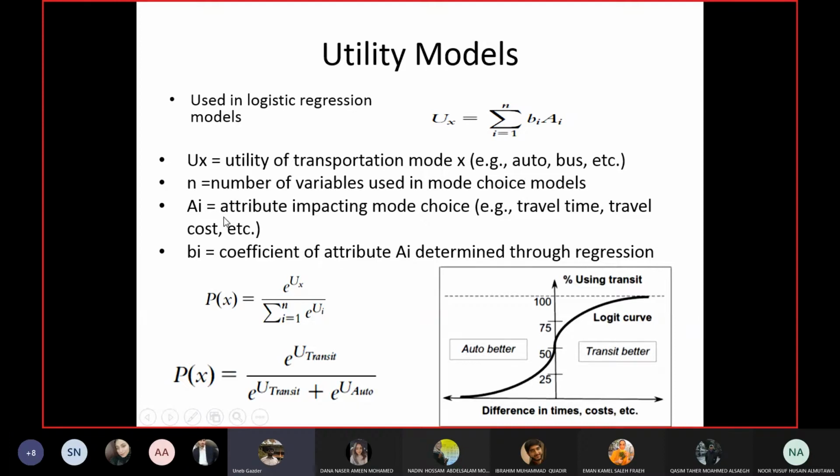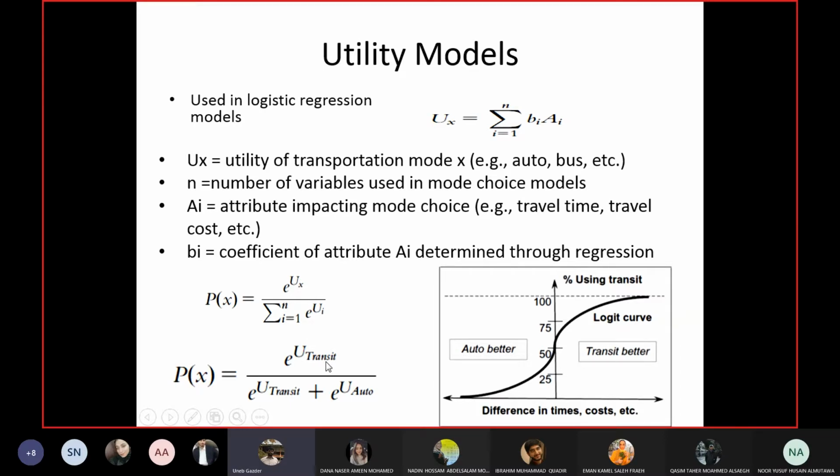Ai is the value of that variable: the value of the cost, the value of the distance, value of the travel time, and so on. Like they have given examples here. And Bi is the coefficient which you estimate for this equation, so Bi is the thing you are estimating. For example, if you have two modes, car and bus, they will have two utility functions, and you put the utility functions here. You calculate the value of utility for car and put it over here. Remember, since you have two modes, you have two utility equations.